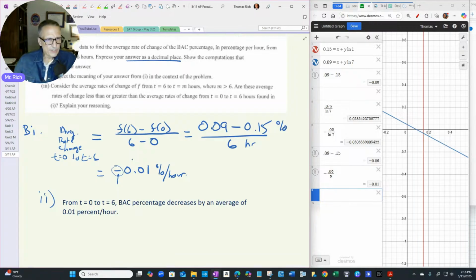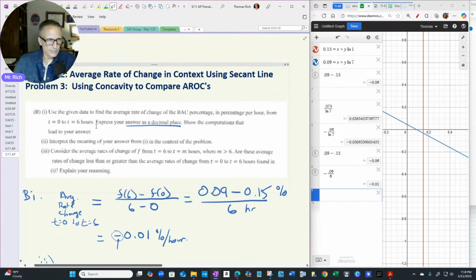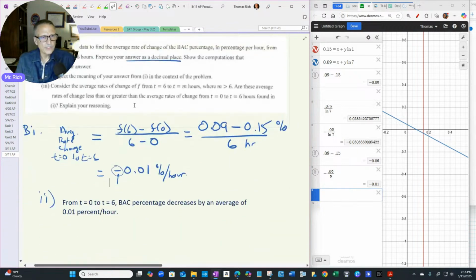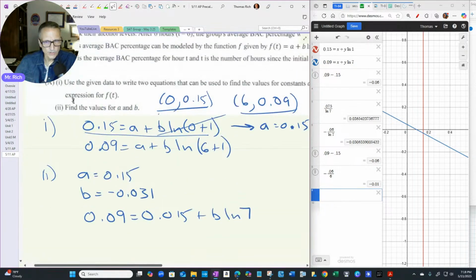And then the last one here, and this part 3 is this problem number 3, I'm saying using concavity to compare average rates of change. It says, consider the average rates of change of the function f from t equals 6 to t equals m hours, where m is some time after 6. Are these average rates of change less than or greater than the average rates of change from t equals 0 to t equals 6 found in 1? Explain your reasoning. Well, what they want you to know, what you should know, is that since this is a natural log function, it does have a,